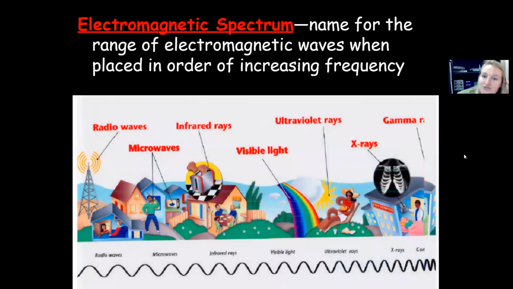So our electromagnetic spectrum, that is the name of all of our waves put in order of wavelength and frequency. If you see on one side of the spectrum, on our radio wave side, our wavelengths are longer, the waves are further apart, and then they get closer together as we go to the other side of the spectrum. So that's the difference between the different types of electromagnetic waves. They all have different wavelengths and different frequencies. Same thing with light. That visible light spectrum is split up. The reason we see different colors is because they have different wavelengths and different frequencies.